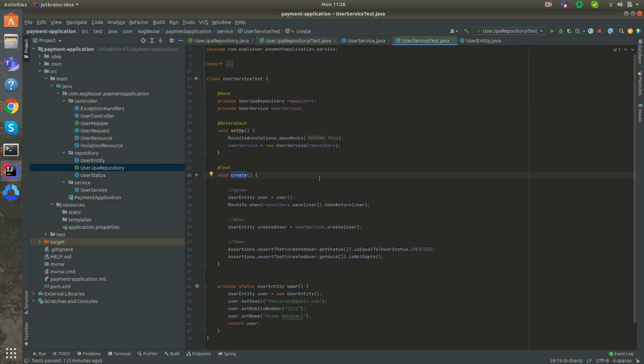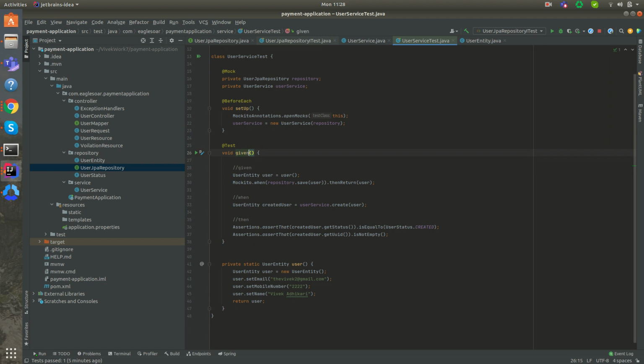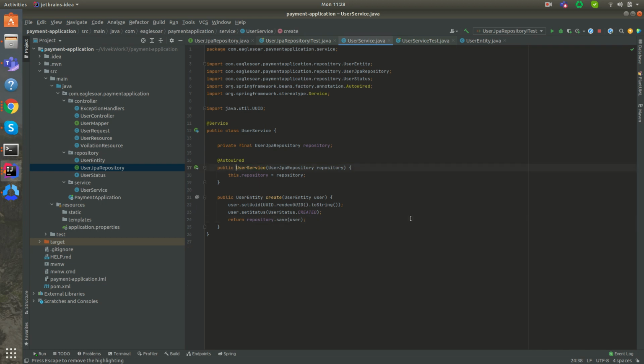We can also do the same thing in our test case method instead of saying create, okay? So given a valid user, and then when create, then status is created. Something like that. We can also write the name of the method in the given, when, then as well, and then do the testing, and then we can test other scenarios as well. What happens if I provide the empty